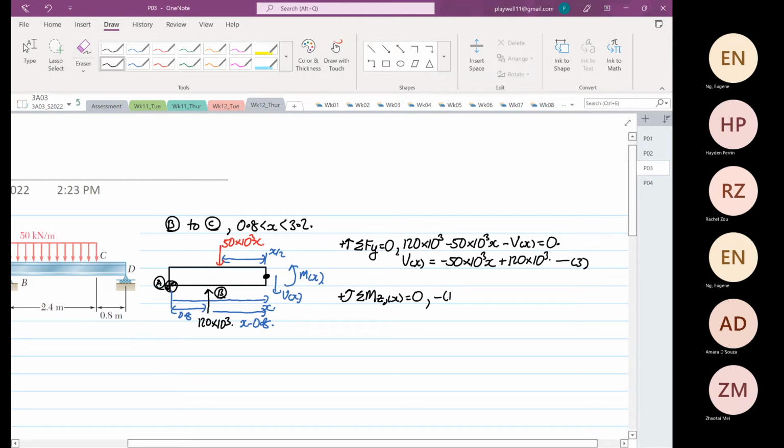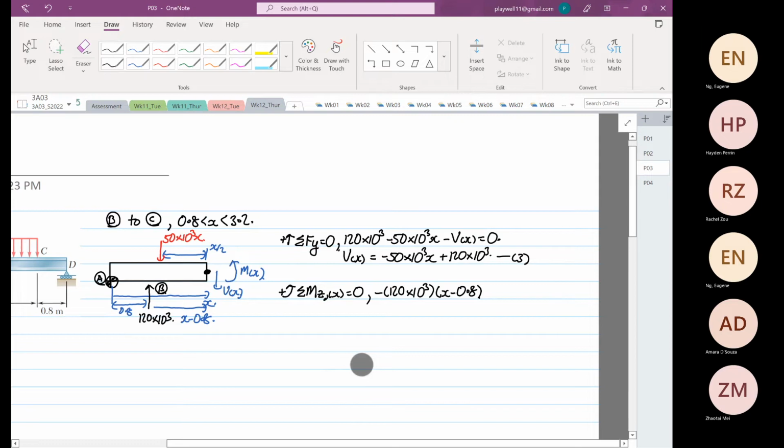So minus 120 times 10 to the power 3 x. In fact, it's x minus 0.8. Then you will have the equivalent load doing an anti-clockwise rotation, multiplied by x over 2. Okay. Then plus,